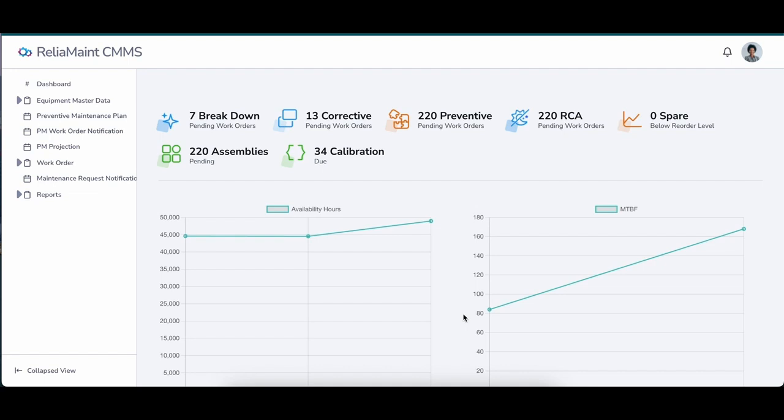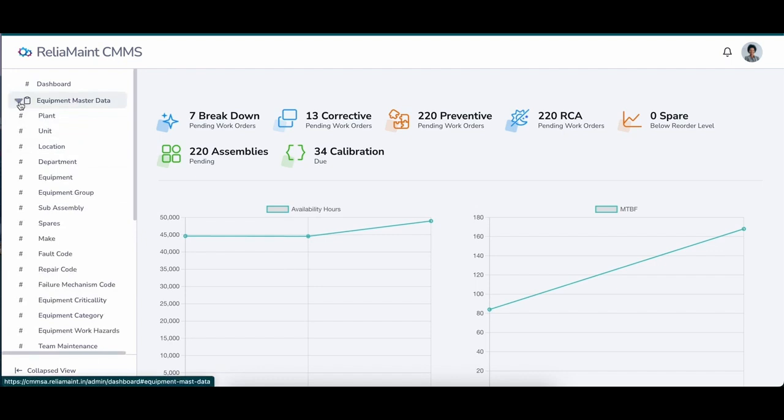Now we will see what we meant by master data. Master data contains all the relevant information about your equipment, maintenance processes, preventive maintenance, work order maintenance, spare parts, vendor partners, and related things.